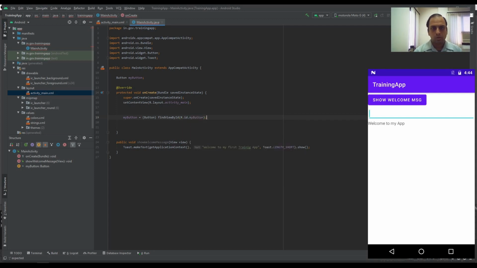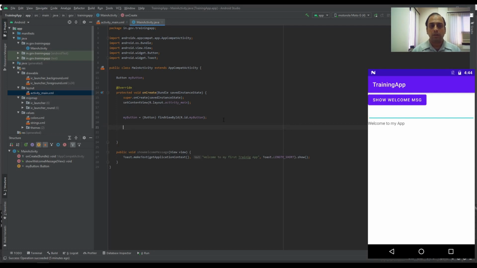Okay, if you see here, its ID is 1000170. You could have written 1000170 here, but that is cumbersome. It is difficult to debug and difficult to understand as well. So now what it will do is look at the resources. In the resources, it will search for IDs. Within the IDs, it will search for my button. It will work out the view for this resource ID and store this view inside my button variable. Now you can do whatever you want with the my button variable.